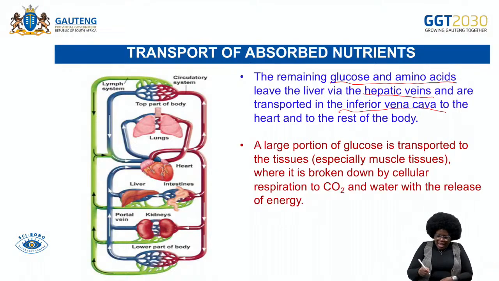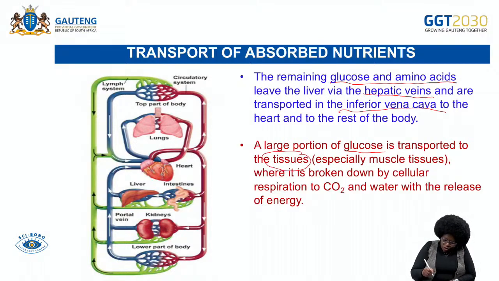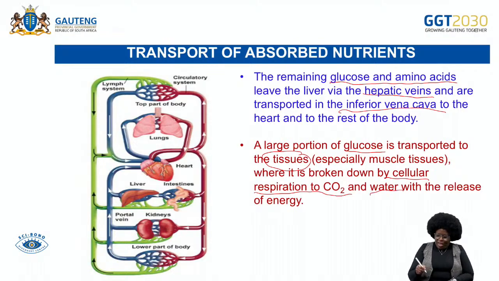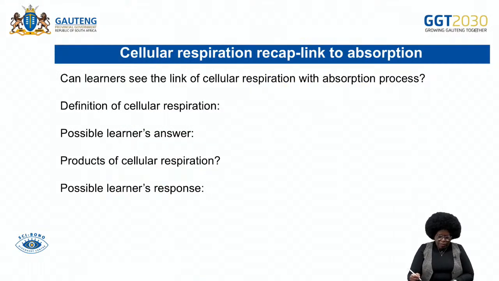They must be there. And a large portion of glucose is transported to the tissues, especially muscle tissues, where it is broken down by cellular respiration to carbon dioxide and water with the release of energy. This is just something to remember, that cellular respiration,